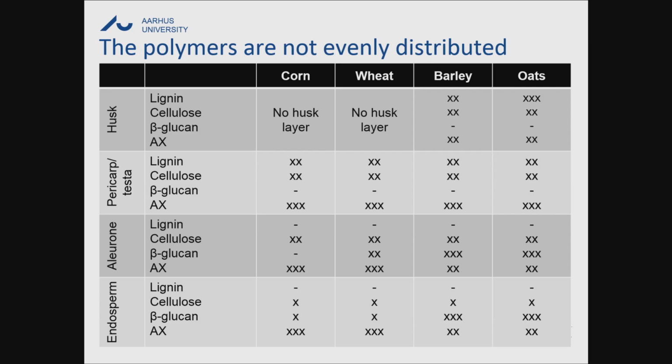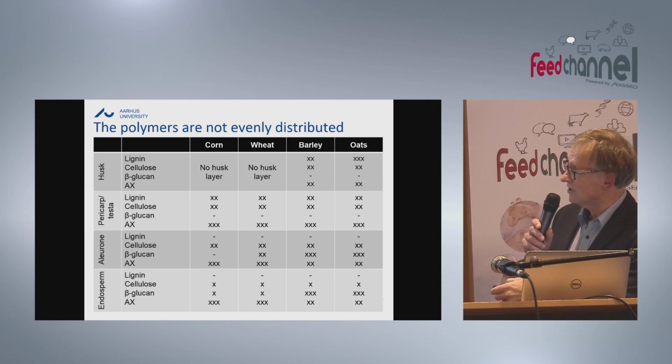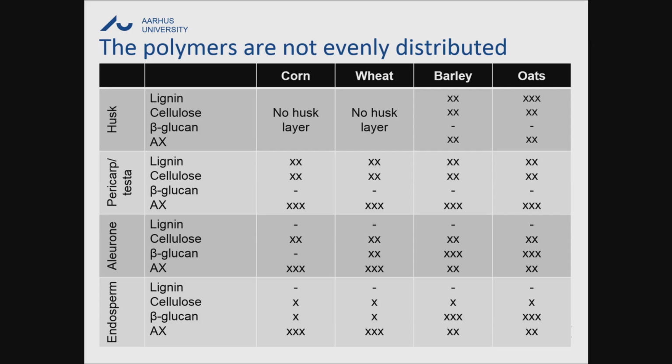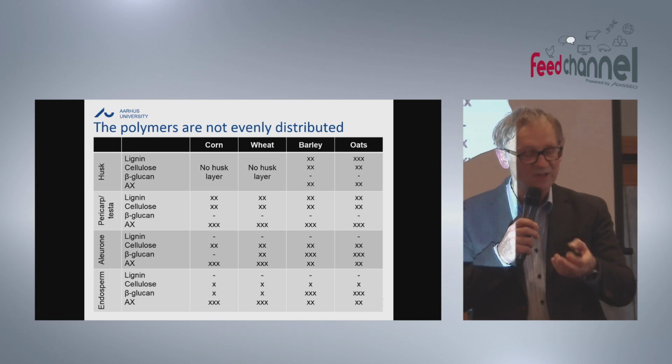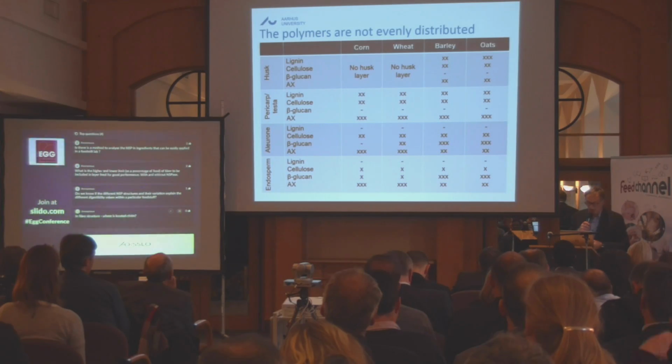And here's an overview to look at how it is actually built in terms of lignin and cellulose and the different polysaccharides across the different cell tissues, and you'll see that it really varies. The message with this figure is that although we can have cellulose, beta-glucans, and arabinoxylans present in the different cell tissues, the way the cell walls are organized has a substantial impact on how nutrients can be made available.